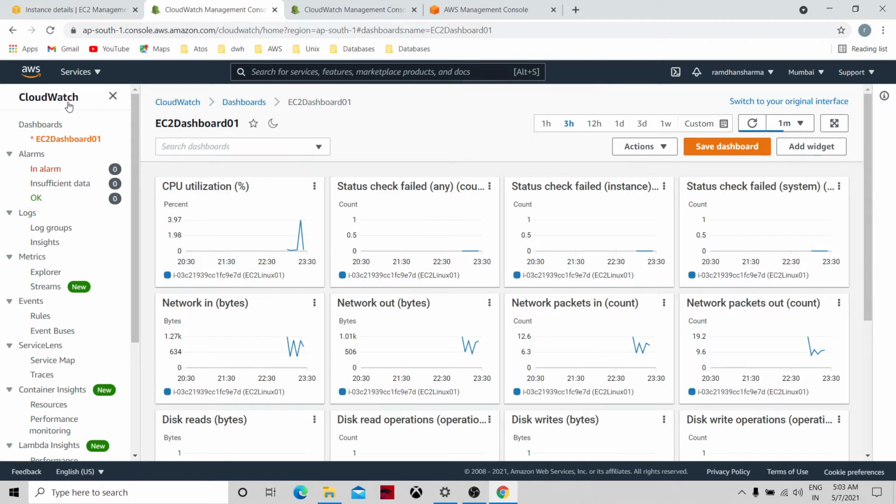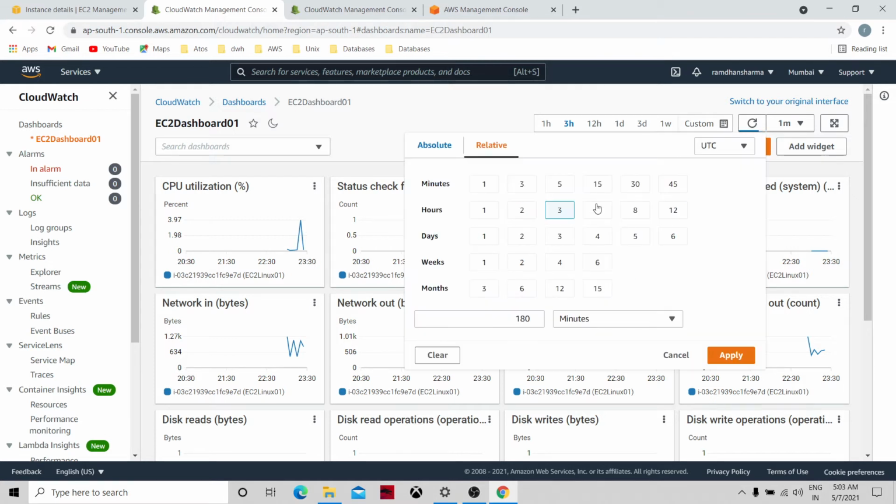In the CloudWatch dashboard section, you can see it. What we can do more in a dashboard is save it and pass it to someone else to watch, as a one-off thing. We can also customize it. We can have a dashboard over months, weeks, days, hours and minutes, with customized units.